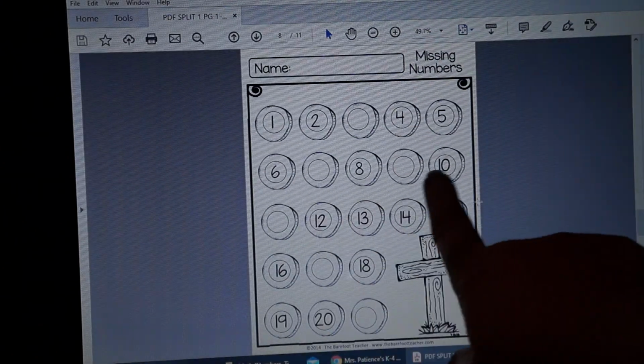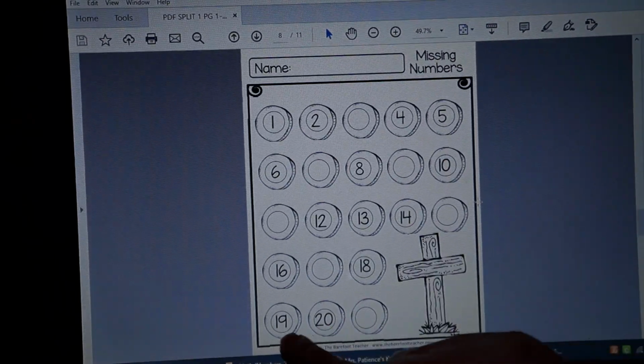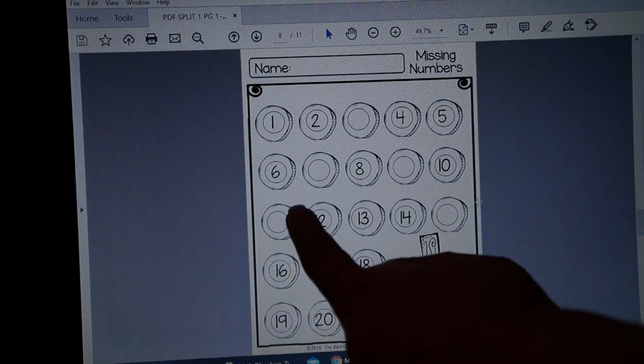Alright, back to number sequence. These should be fairly easy for them to do, but if you want to provide them the number chart, that's okay too. And when we get